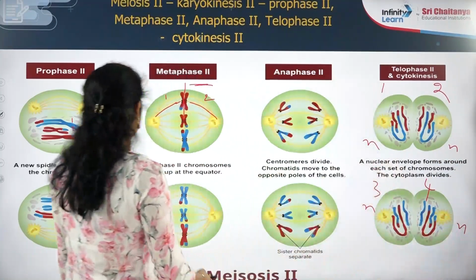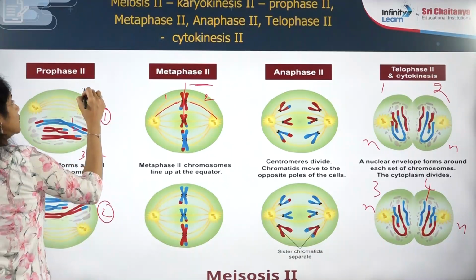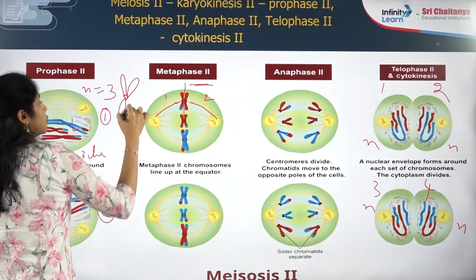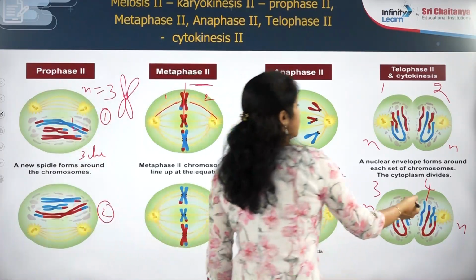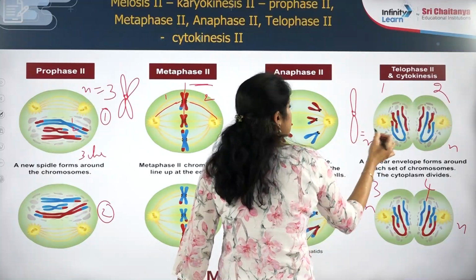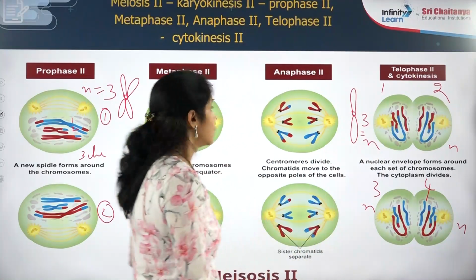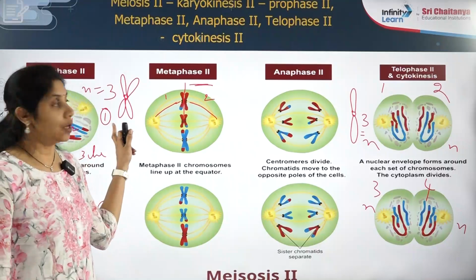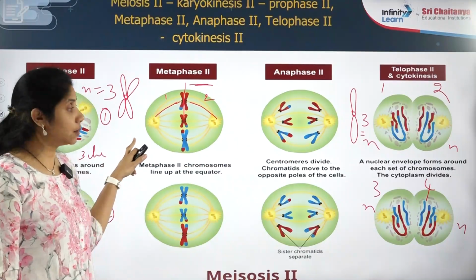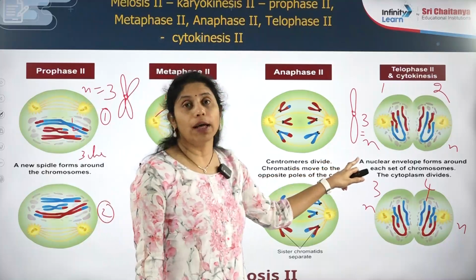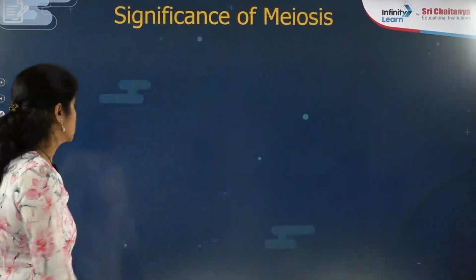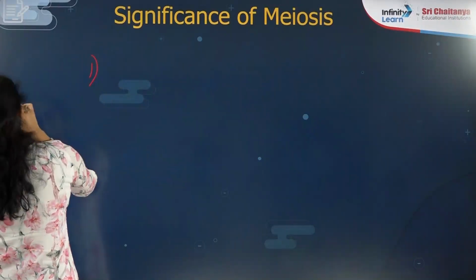Here we started prophase II with n equal to 3 chromosomes, and each chromosome has a structure like this. And finally, in meiosis II, each chromosome will have this kind of structure, and n is equal to 3 only. So the number n equal to 3 remains the same, but here the chromosome has 2 chromatids, and here each chromosome has only 1 chromatid. That is the difference. Significance of meiosis: it maintains the constant chromosome number